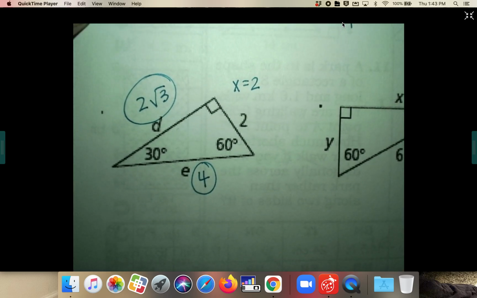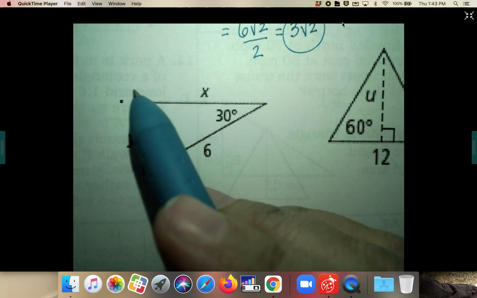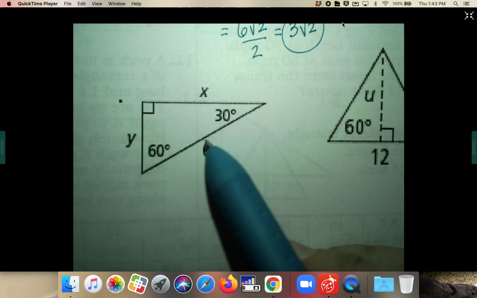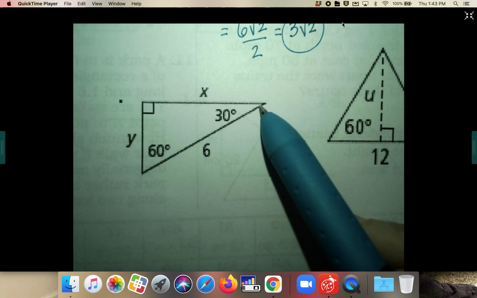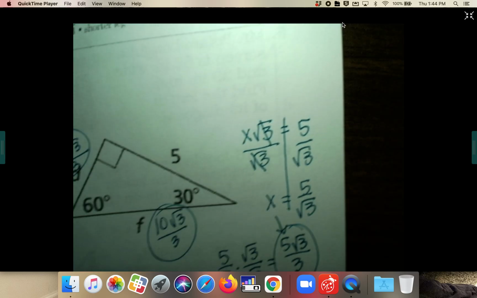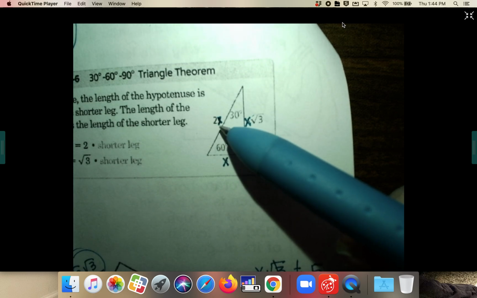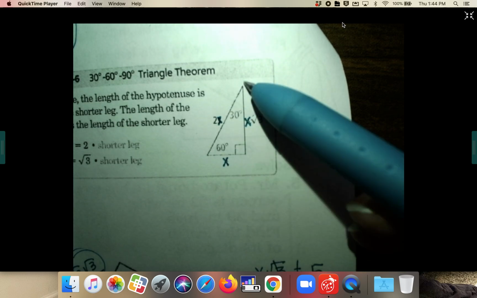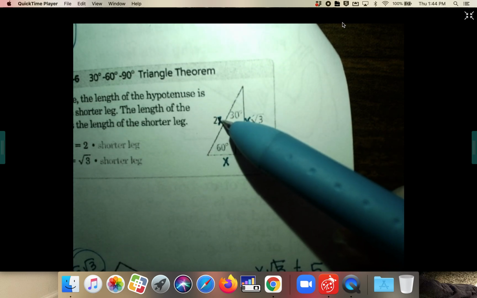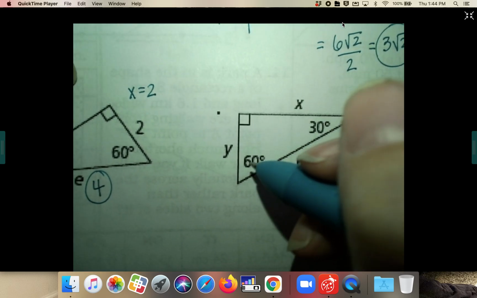So yay. Okay, this one is also a 30, 60, 90 triangle, and all we know is the hypotenuse. And we know that the hypotenuse, the longest side, is 6. So in a 30, 60, 90 triangle, the hypotenuse is 2 times whatever x is. So if we know that this is 6, then we would know that x must be 3. So our short leg side